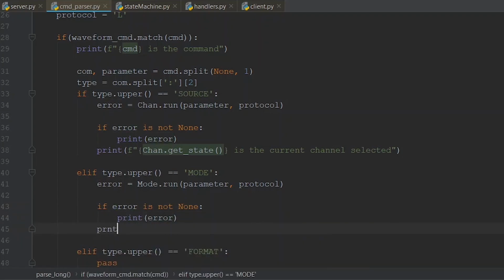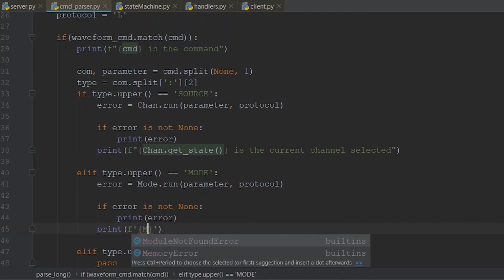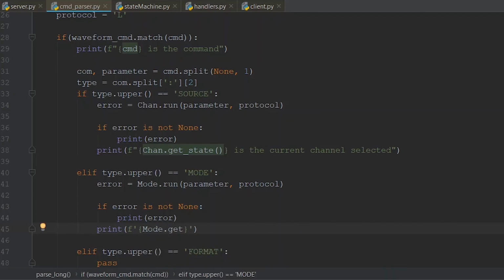Else we're going to print mode dot get state is the mode